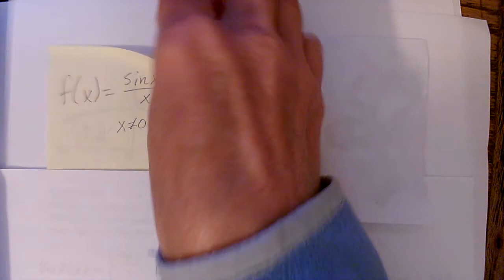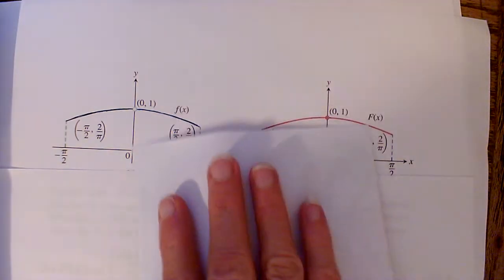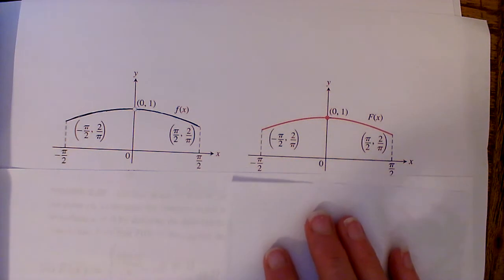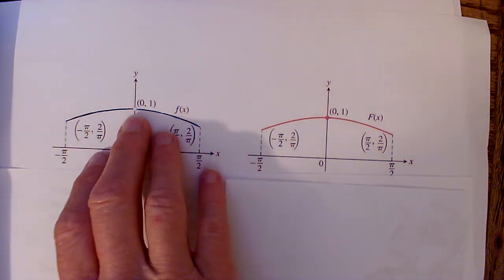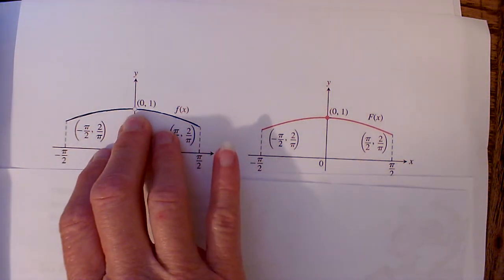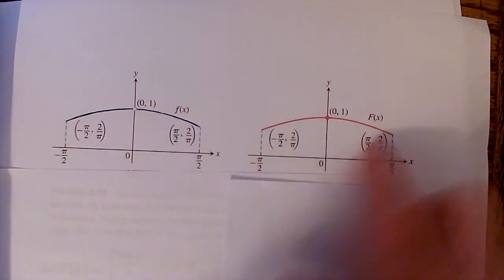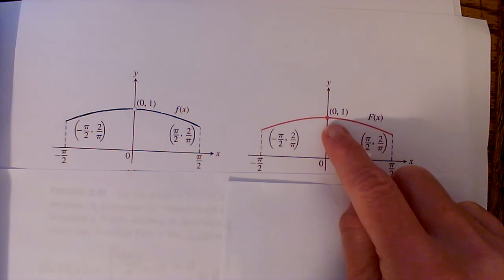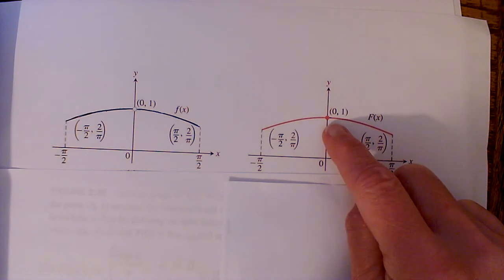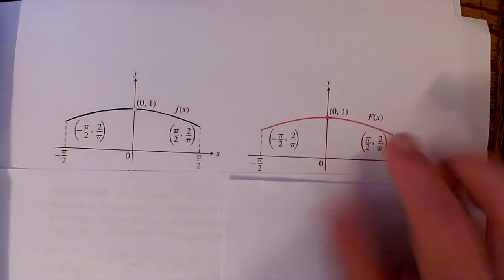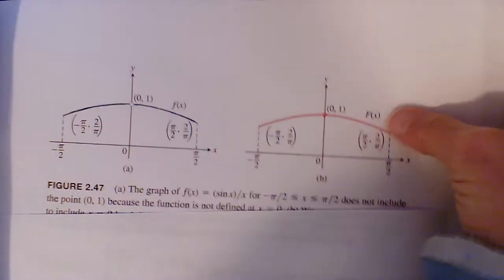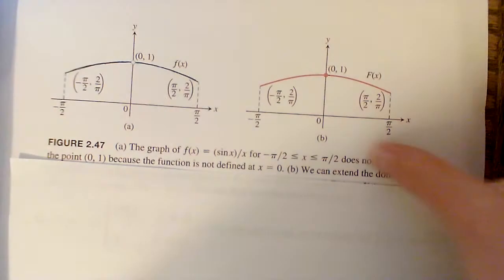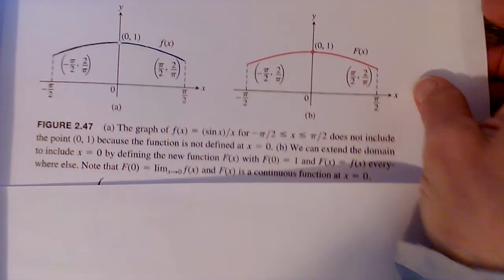And so if only we had a function that was defined to be 1 at that point, then it would be continuous. But it's not continuous because f of 0 doesn't exist, so it's not continuous at 0. But if we could do something about that function and define it to be 1 at 0, then this function would be continuous. And so we're going to look into the concept of a continuous extension at a point where a function would otherwise not be continuous.